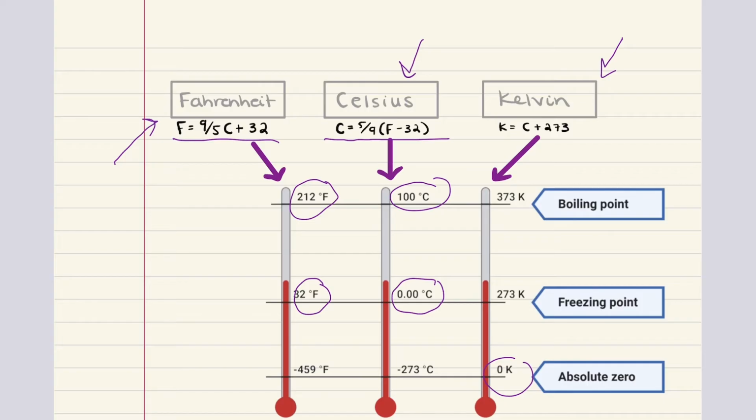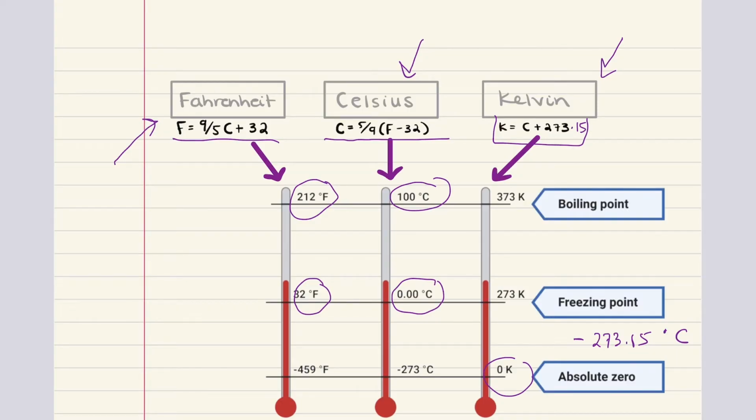This is the point at which particles theoretically stop moving altogether. This absolute zero is equivalent to minus 273.15 degrees Celsius. Now, to convert from Kelvin to Celsius, you would want to use this equation right here that says Kelvin is equal to Celsius plus 273.15. Now, with this foundation laid, we can better understand how temperature and heat govern the behavior of systems, allowing